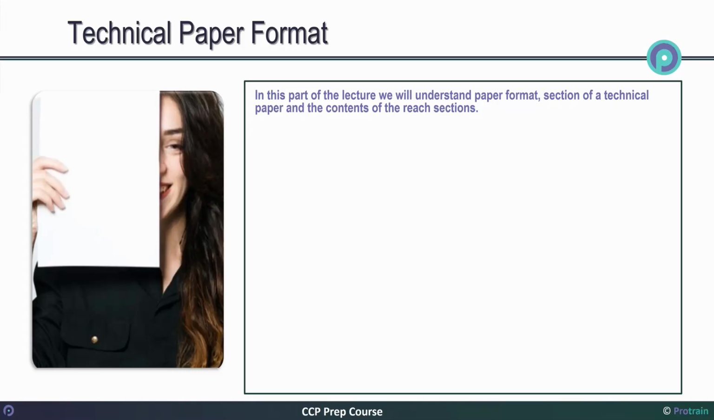Depending on the presentation style, technical paper subject, nature of research, and literature review, a paper may be composed and organized in many different ways. In this part of the lecture we will understand paper format, sections of a technical paper and the contents of each section. A typical technical paper contains